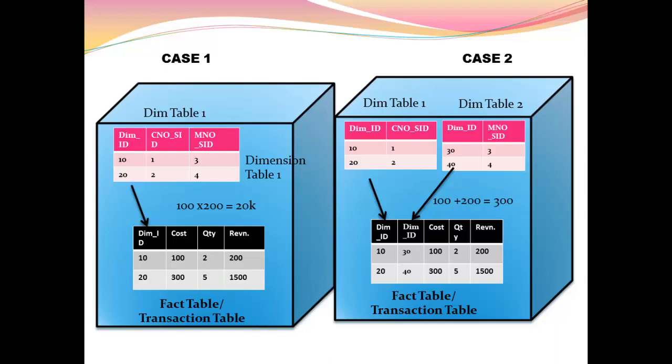Now over here we know that customer and material have a one to many relationship. So keeping them in two different dimensions helped us a lot, whereas once we kept these characters in a single dimension, it cost us 20,000 records. So maintaining the dimension table with their respective characteristics is one of the important tasks in a project.